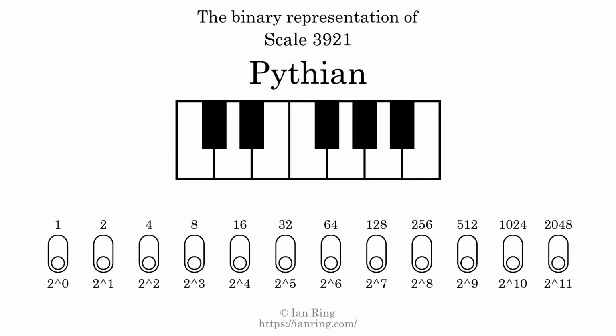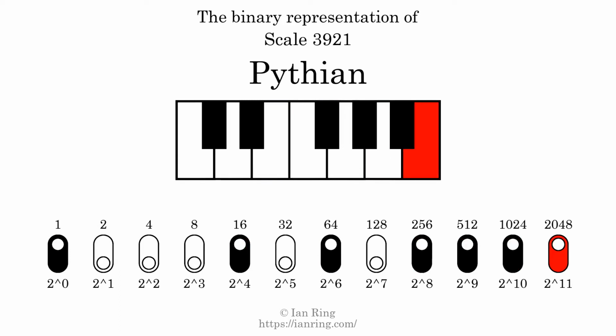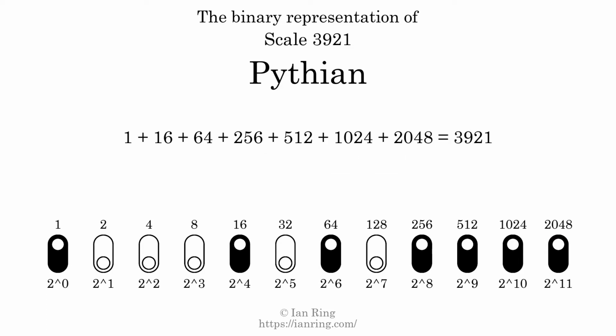The binary representation of this scale is determined by mapping tones of the scale to binary digits. Each binary digit represents a power of 2. To get the scale number, we add the powers of 2 together. The powers of 2 that are present in the scale, all added together, equals 3921. That is why the scale number, in decimal, is 3921. The scale number not only enumerates the scale with a unique index, but it also literally describes the tonal content of the scale. Represented as a binary number in base 2, the scale number is